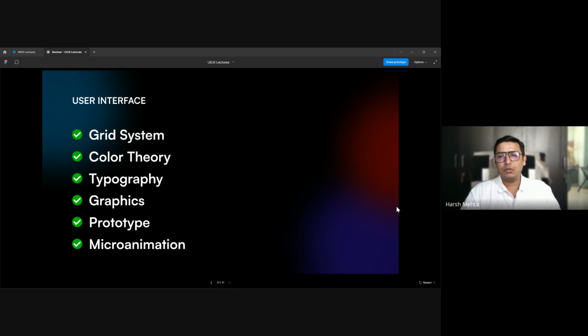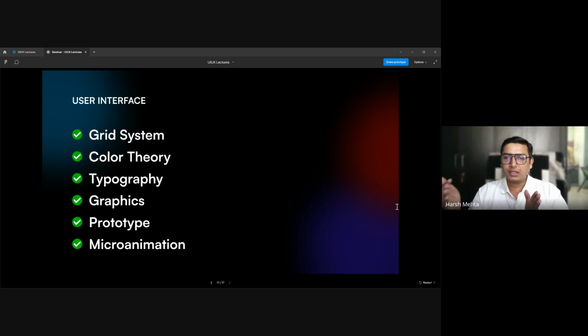So Uday, if you learn both UI and UX, there's no harm in it, and you should learn both. The reason being, if you want to become a UI designer later on, for example, and you have the knowledge of UX, you will be able to design better. But if you have only knowledge of UX and you don't have the knowledge of UI, then it will be a very small journey for you. So I would recommend always learn both, but never focus only on one. So that is the answer to you.